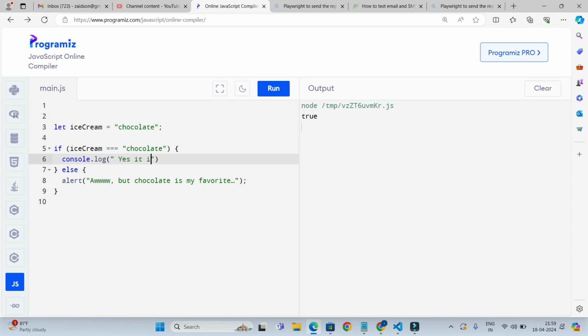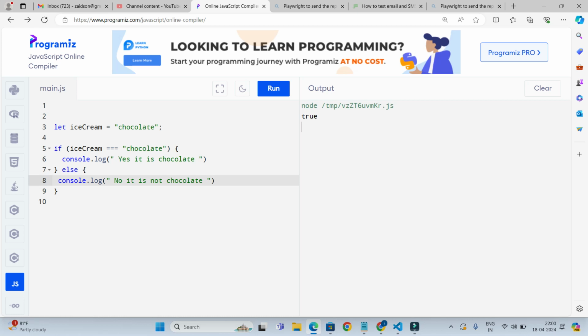Yes, it is chocolate. No, it is not. So whenever you want to check the condition, what you are checking, if ice cream is